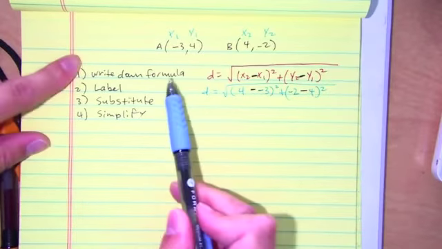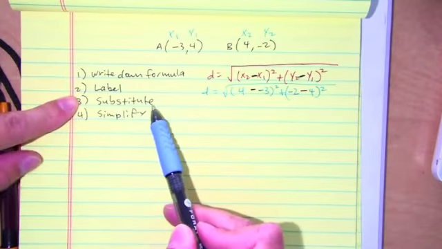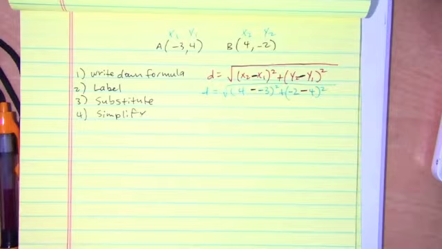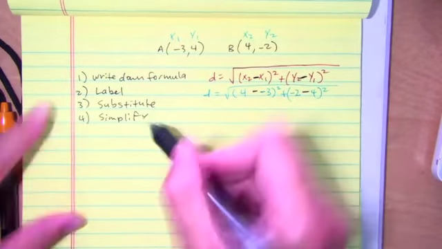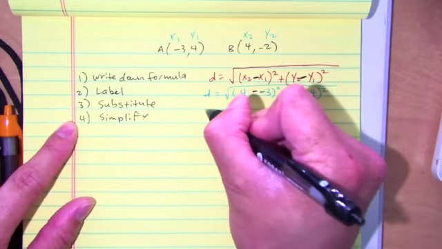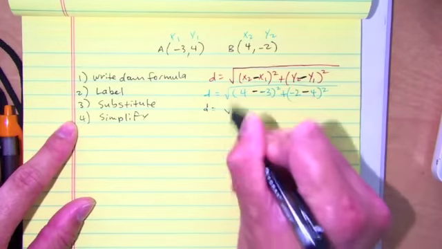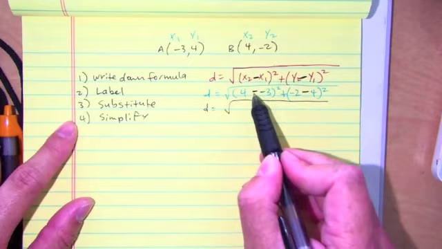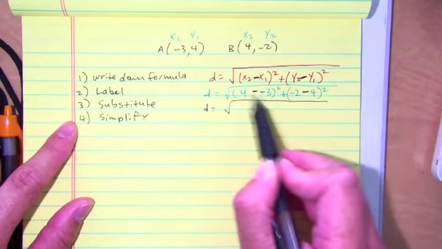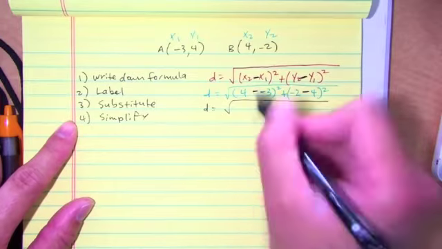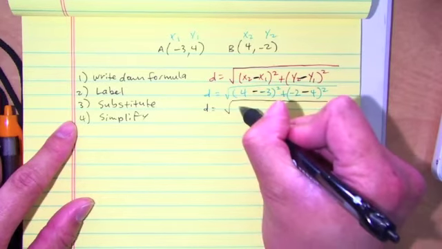So I wrote down the formula, I label. Now what do I do? We're going to substitute. Oh, we did the substitution. What do we do next? Simplify. 4 minus a -3. This becomes what, class? It's positive, right? Opposite of a negative is positive. So that becomes 4 plus 3, which is what? 7 squared plus,